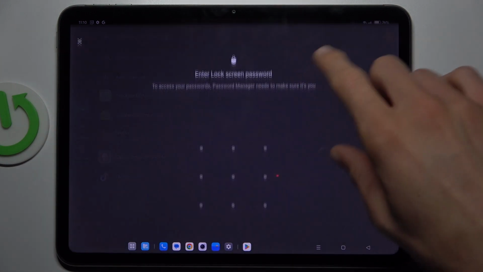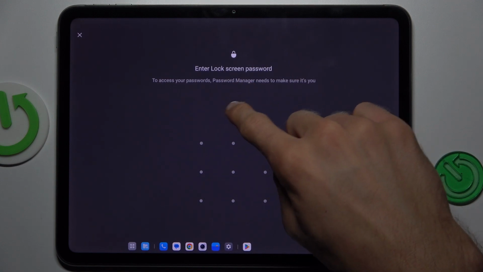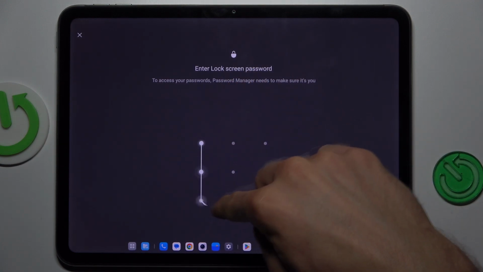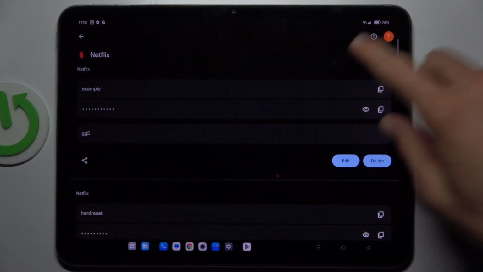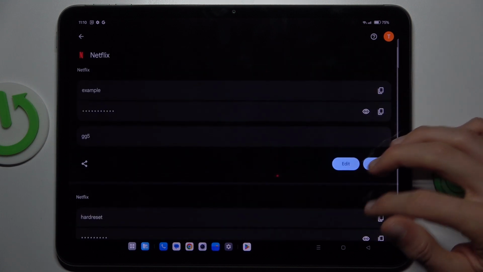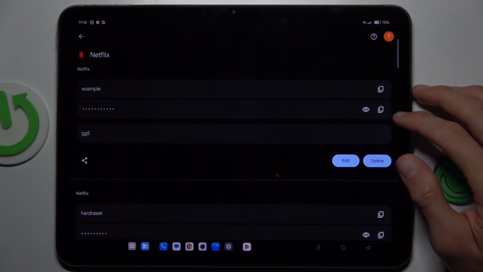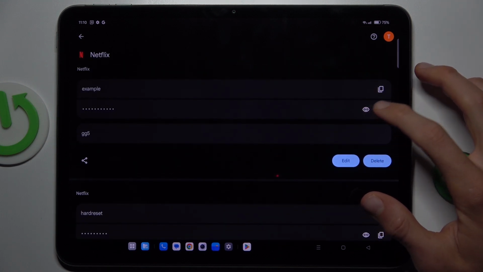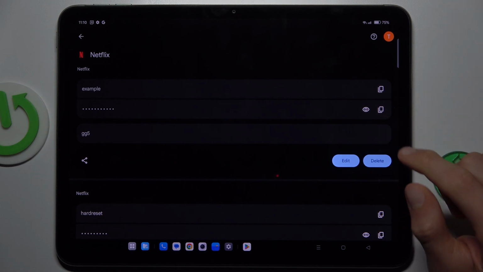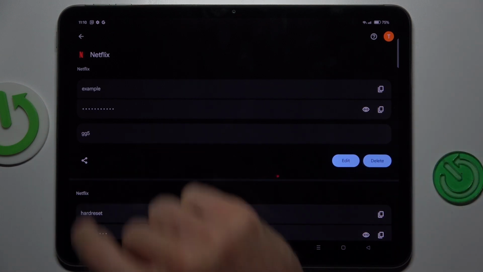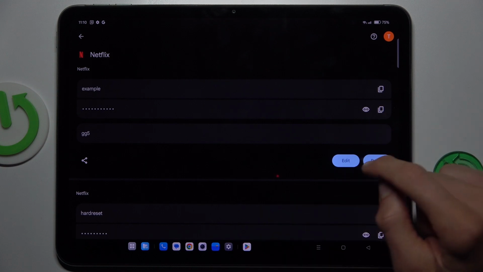But we don't get a Face ID, and after we set our lock screen we must draw it to connect to our passwords. In it, we can copy our email, copy our passwords, or after we press this icon, our smartphone shows us the password. Which, remember, if you press this icon, you can share this password to someone,